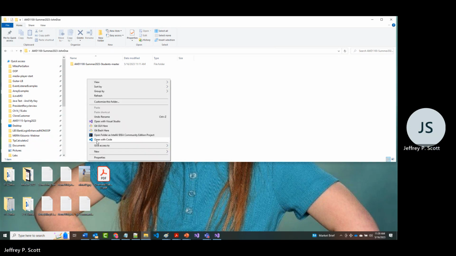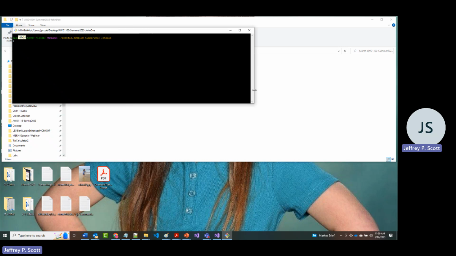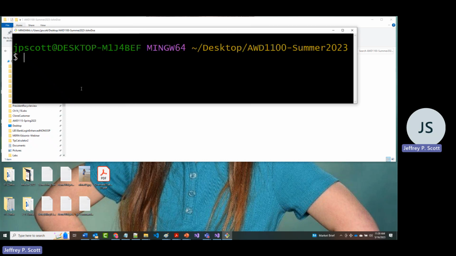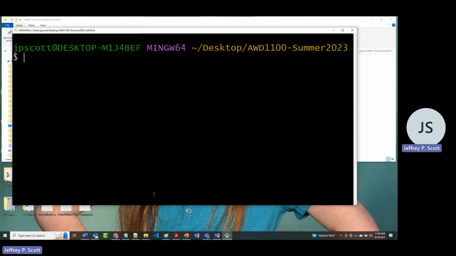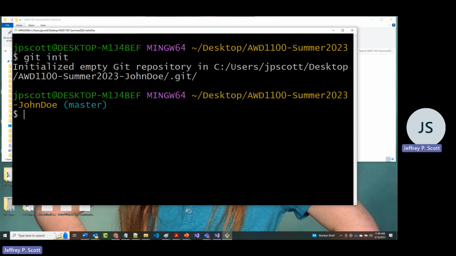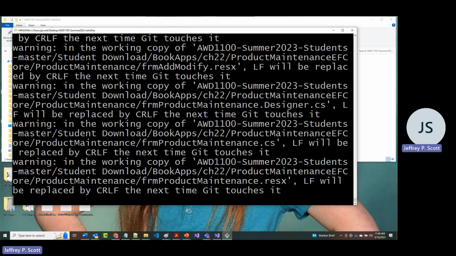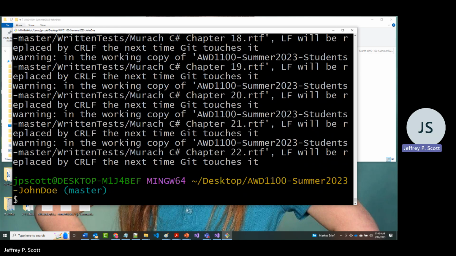So we will do a git bash. You'll come in here, and I gave you these steps already, but I'm going to show them to you again anyway. You will do a git init, and that will make the git repository. Then you will do a git add dot, and that will add everything in there for you. Then you will do a git commit -m, and that will put out there,